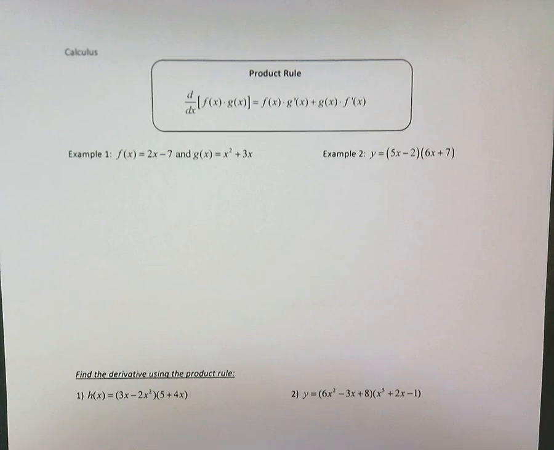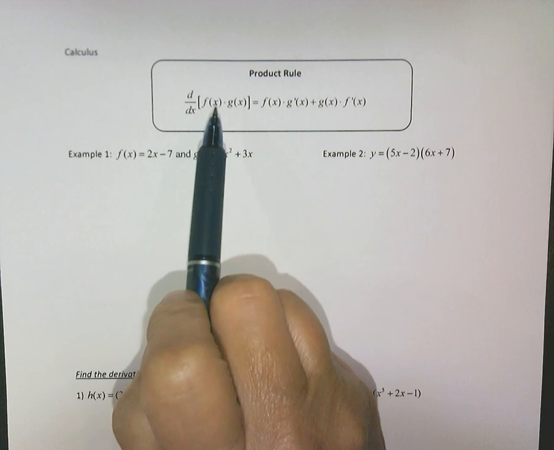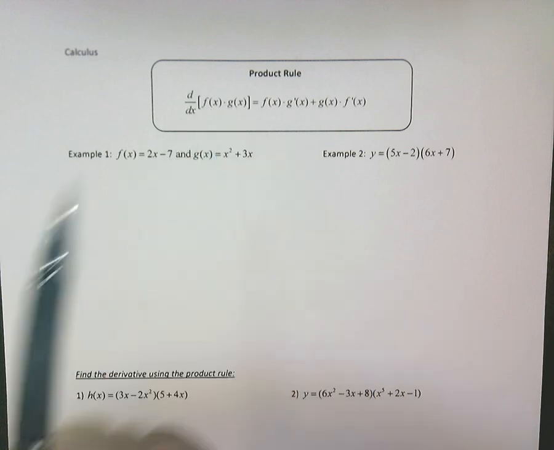These notes are for calculus. It's finding the derivative using the product rule. So up to this point, we've not had to deal with two things that are multiplied together and find the derivative. If we did, we'd multiply them first and then find the derivative. But now we're looking at the derivative with respect to x of a function of x multiplied by another function